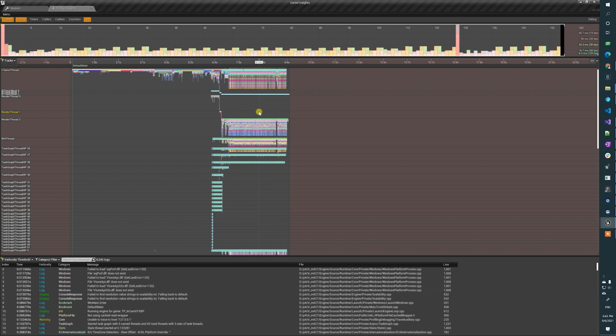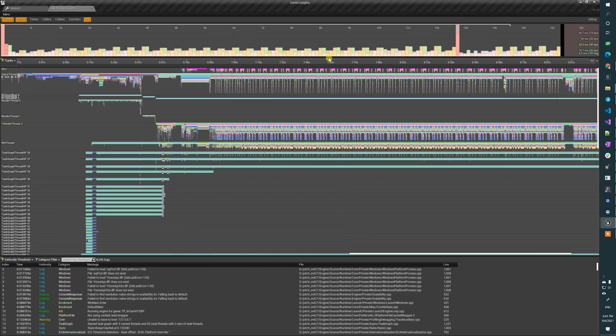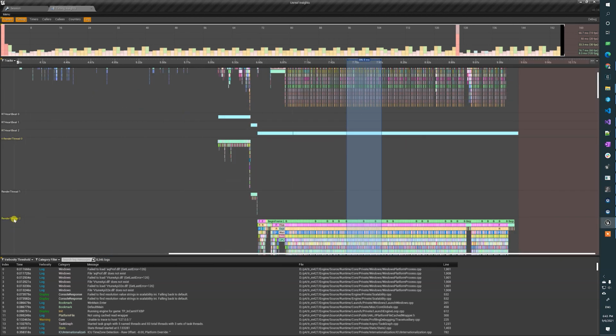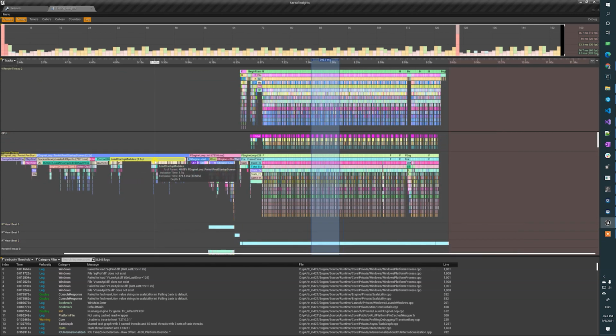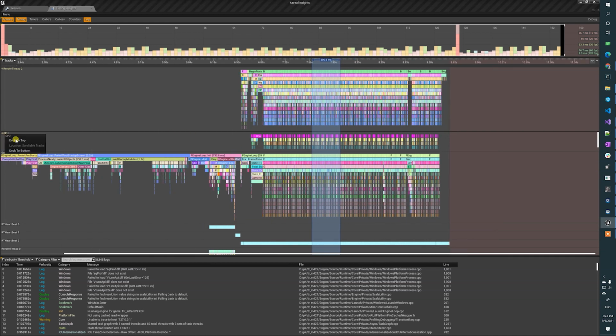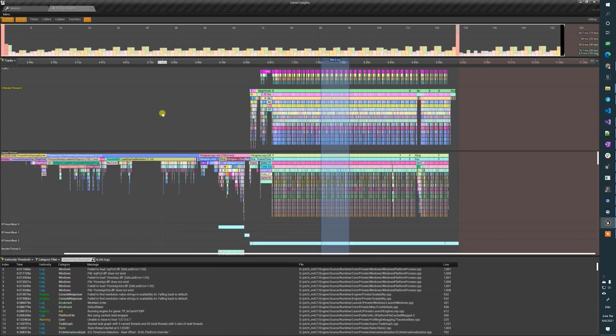So you may be able to, let's say, more easily select a range by looking at multiple tracks at the same time. And then pressing C will put it back to what it was. Or maybe you want to send this one to the top, so you can say, hey, dock to the top. And now you have, let's say, the render thread right next to the GPU thread. And you can keep reorganizing them to your liking.